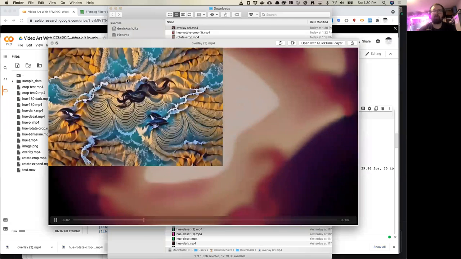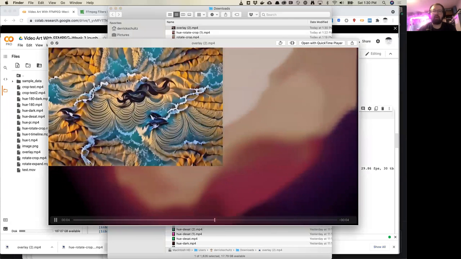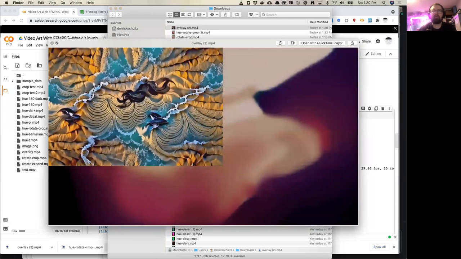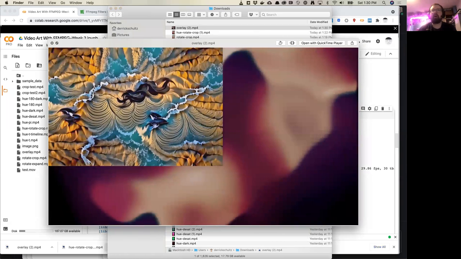So here we go. I have an image just flat sitting over top of my video. So this is how you can do watermarking really easily. You can just upload a semi-transparent PNG, and you can do watermarking. Super easy. Besides video reformatting or re-encoding, that's probably the next most popular thing